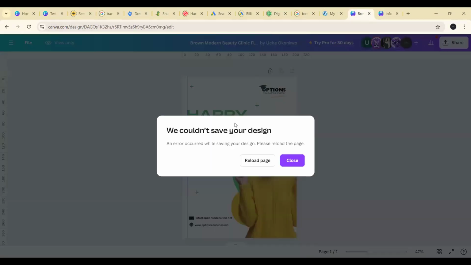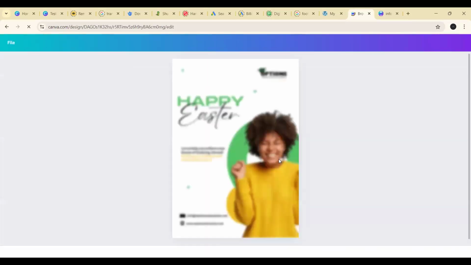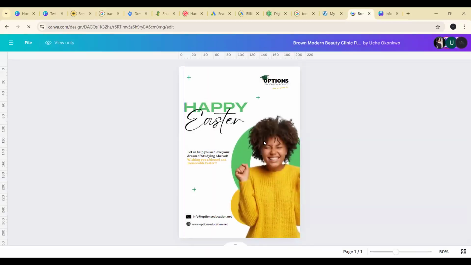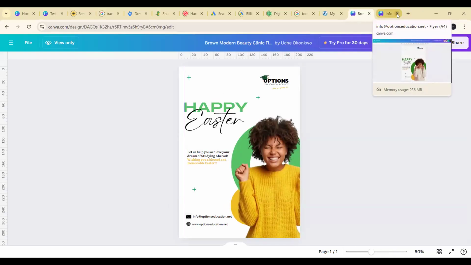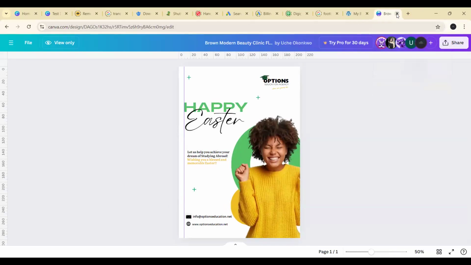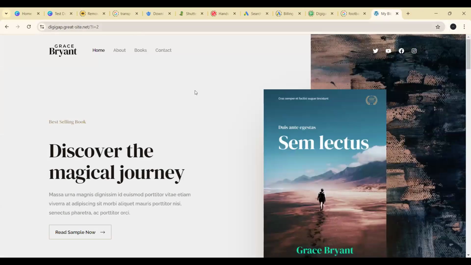Like if this, like this brother now, oh, he has changed it to view. Okay, I wanted to show you how to resize from the design, but he has changed it to view. All right, well done, Florence and Uche. I think I've looked at your own so far, so I'm going to move on to the next person,